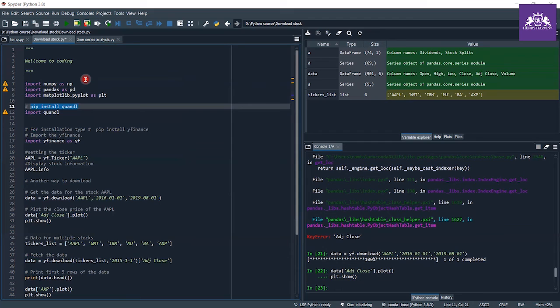If you are using a Python IDE, then open the CMD and type this command. And if you are using the Anaconda Navigator, then open your Anaconda Navigator, and if you are using an environment, then just activate your environment and type this command, pip install Quandl, and import Quandl in your code, and use the code which I told you in the theoretical session for downloading the data, and do some analysis on the data of the stocks.